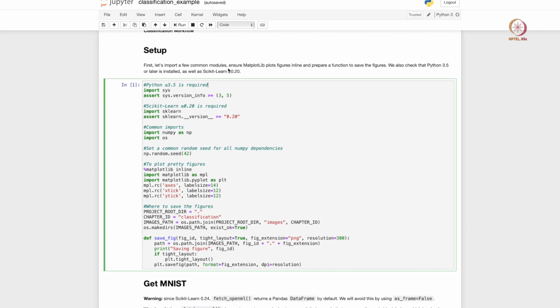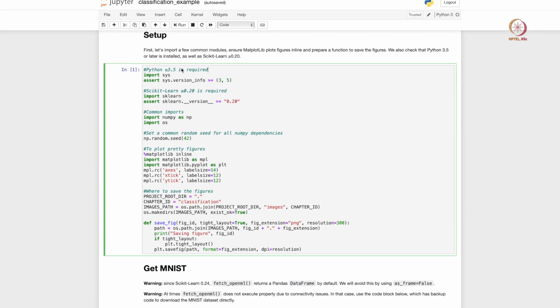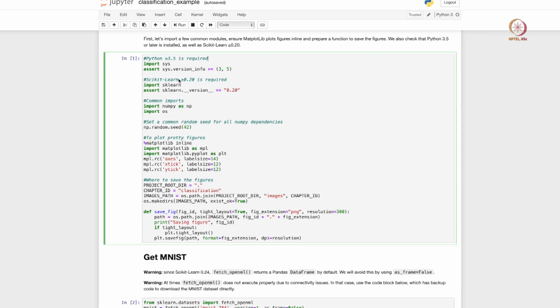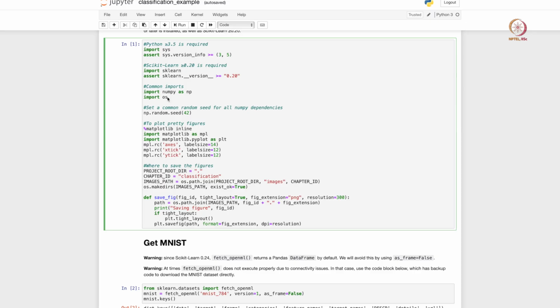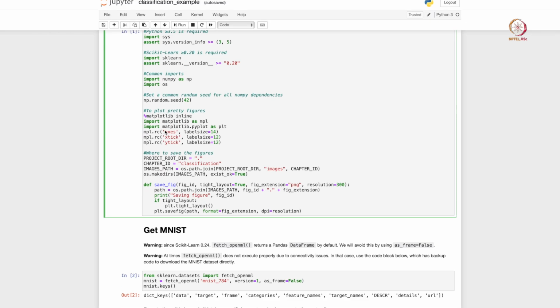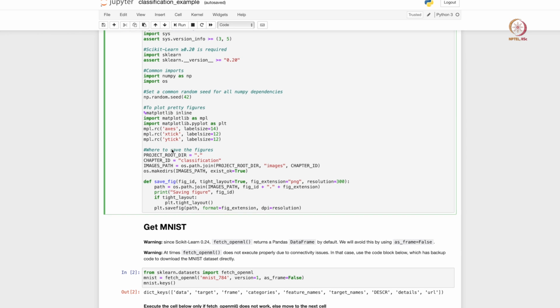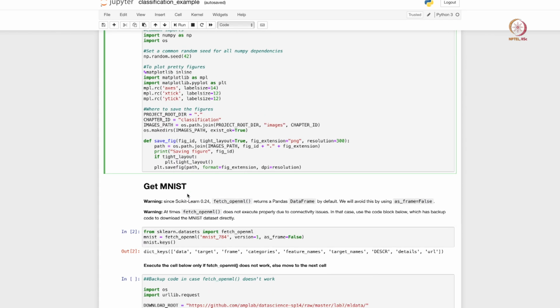So let us get to our notebook here. As before, the first block of the code ensures that the version of Python is appropriate and we have the correct scikit-learn version. We import some useful packages such as NumPy, and also define some useful settings in matplotlib so that our figures are pretty, and we define some paths where the figures can be stored.